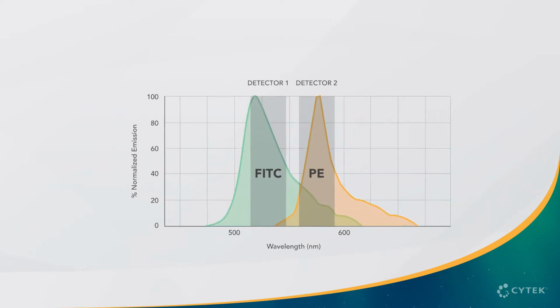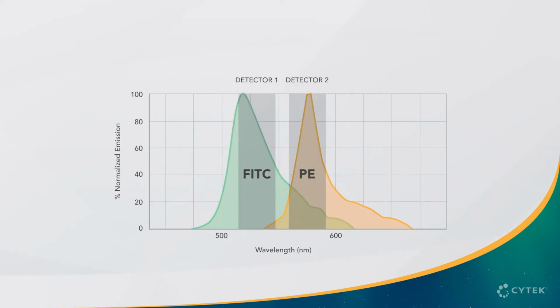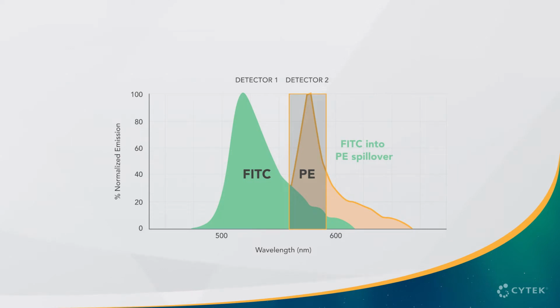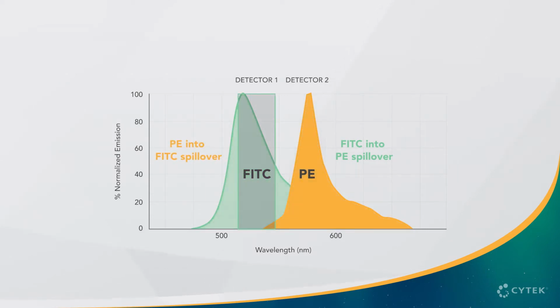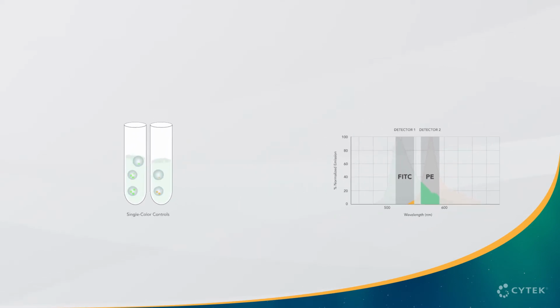Here, we can see the emission of FITC and PE when excited by a blue laser as they are measured in their dedicated detectors. We can observe FITC spillover into the PE detector, as well as PE spillover into FITC's detector. To accurately measure the amount of spillover between fluorochromes, we use single-color controls to generate a spillover matrix using